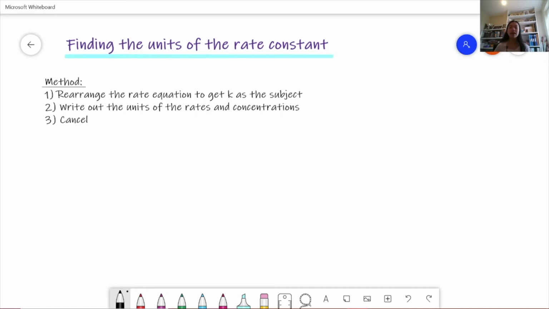So first you rearrange the rate equation to get K as a subject, and then you write out the units of the rates and the concentrations, and then you cancel stuff out. So it's very similar to what we did for Kp and Kc. So for example, if we had rate equals K times the concentration of J squared and then the concentration of H squared, what we would do first is we would write out,